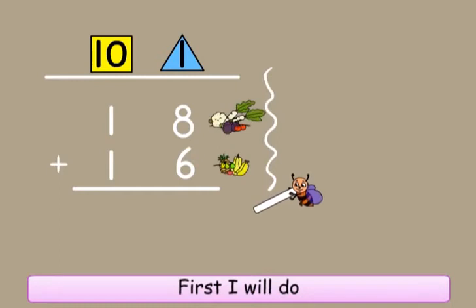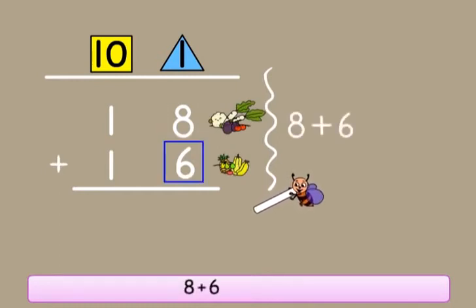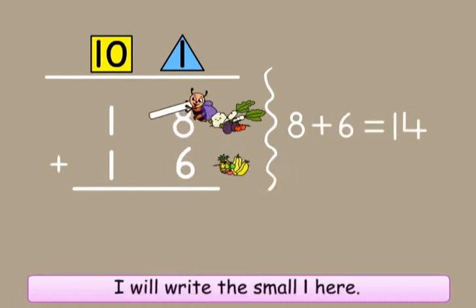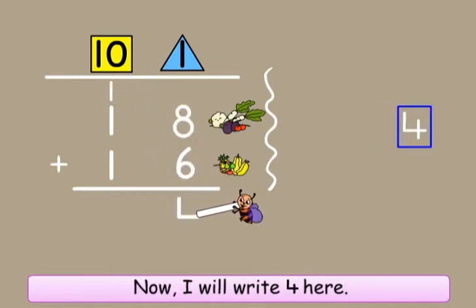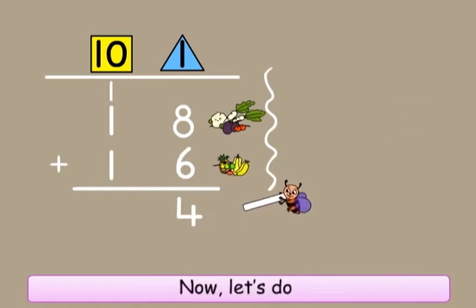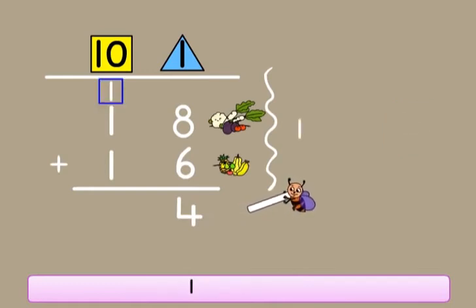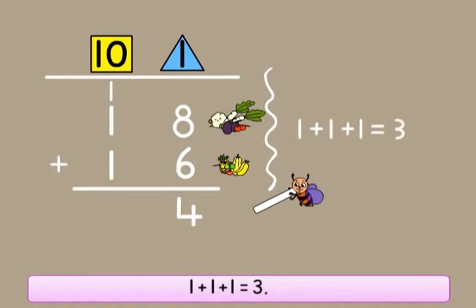First I will do 8 plus 6 equals to 14. I will write this small 1 here. Now I will write 4 here. Now, let's do 1 plus 1 plus 1 is equal to 3.